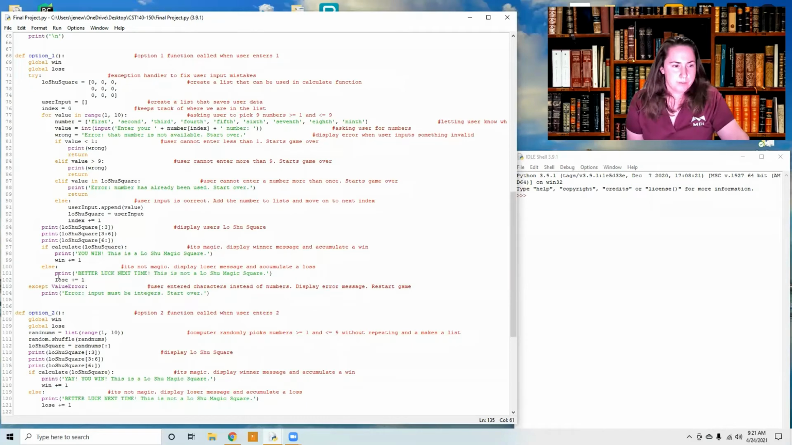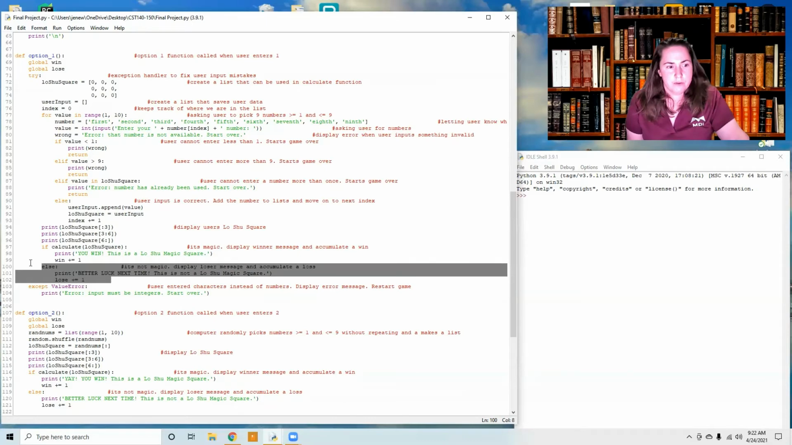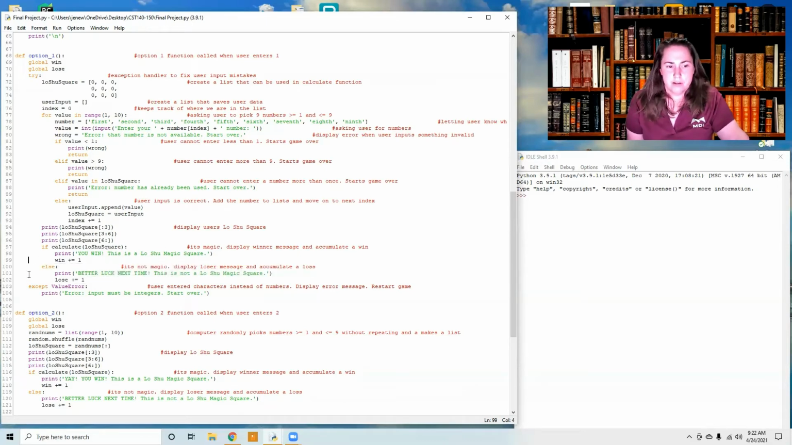Okay, so it does the calculation, and if they entered all the information correctly, it prints you win. This is a Lo Shu magic square. And then it also adds 1 to the scoreboard and to the graph. But if it's not a magic square, which means it was false, it prints better luck next time. This is not a Lo Shu magic square. Okay, and then it also adds 1 to the lose on the scoreboard, and it adds a loss of 1